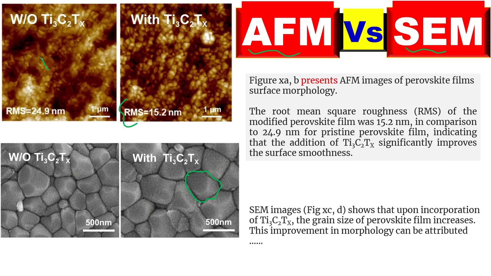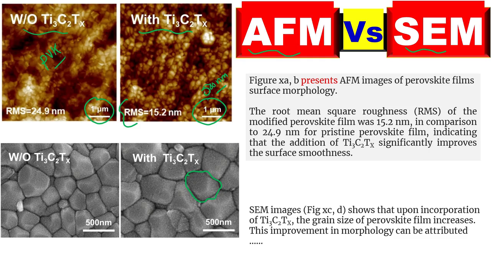This is basically the pristine perovskite film, without this material, while this is a perovskite film that we modified with this material. Both images are taken at the same magnification. This is a very good approach, because I have told you many times that if you take images at different magnifications, it is quite difficult to compare, because the examiner and the reviewer will ask how you compare two images with different magnification. For example, if this is 1 micron and this is 500 nanometer,